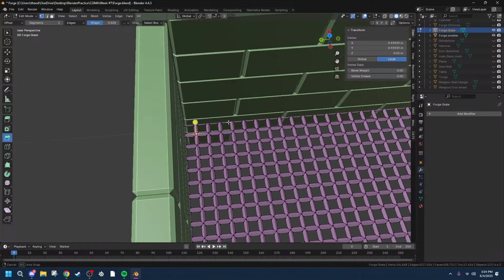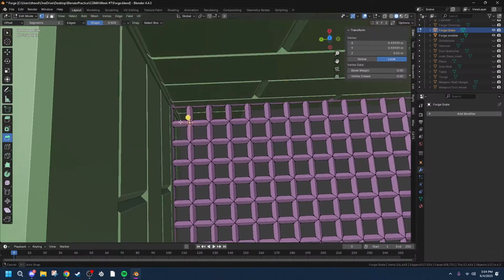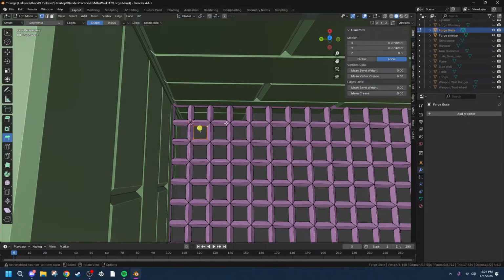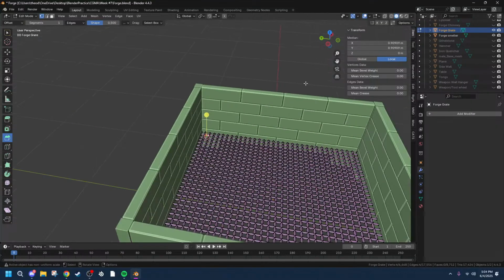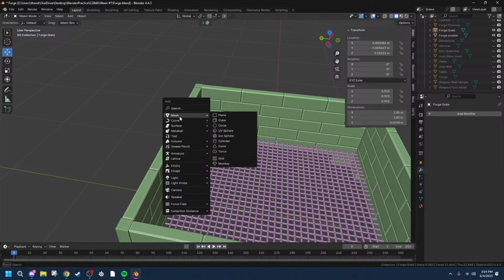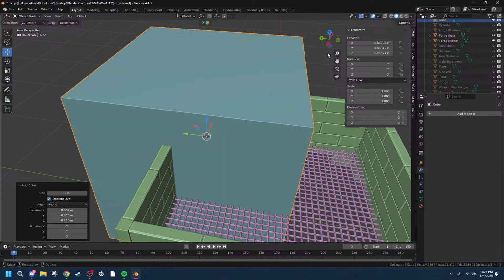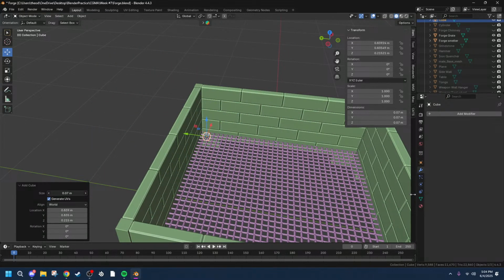Shift S, cursor to selected. Or actually, no, we're gonna grab this, Shift S, cursor to selected. There we go. That should be good. Shift A, we're going to add a cube. Don't need it that large, we need it to be about...